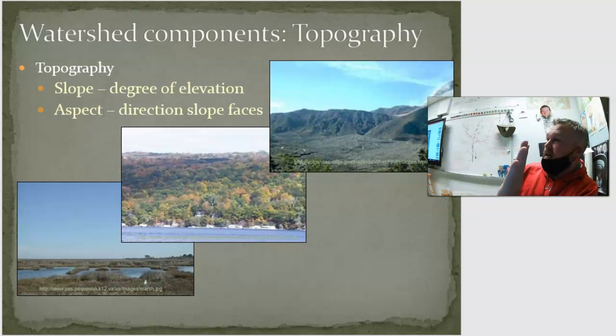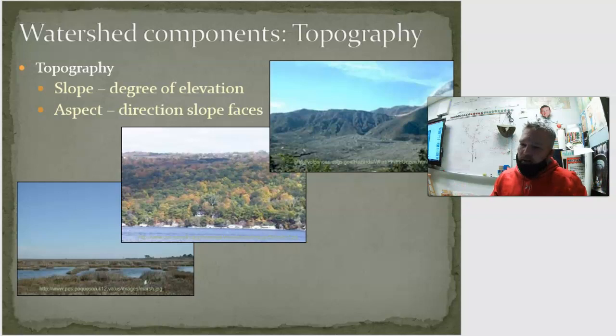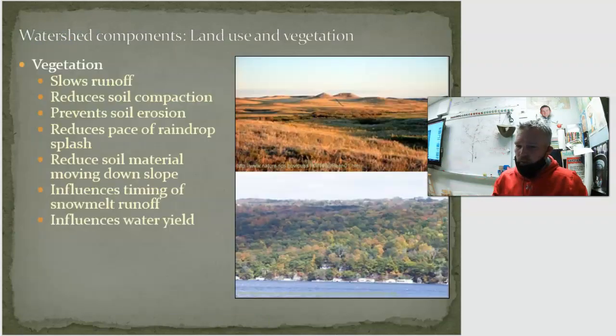Then the other side that doesn't get as much sunlight will be the wetter side of the mountain and the cooler side of the mountain, right? So aspect becomes relatively important because it can tell you how dry or wet a particular side of a hill would be. And then we talked mostly about topography and hills and water flowing downhill, so I think we're good there. The last thing, I think it's the last thing, is land use and vegetation.